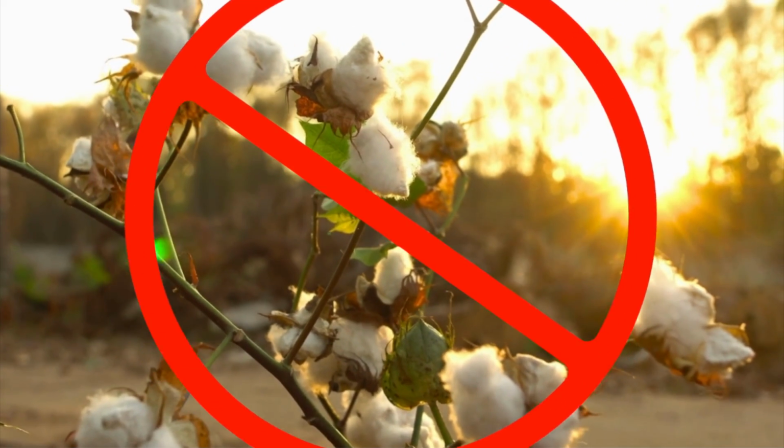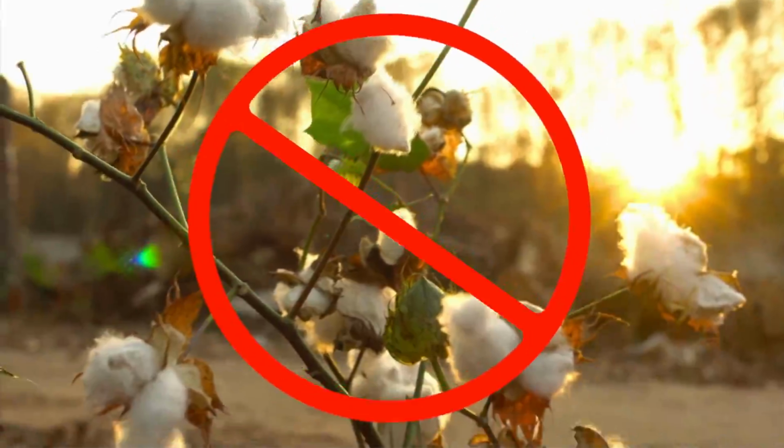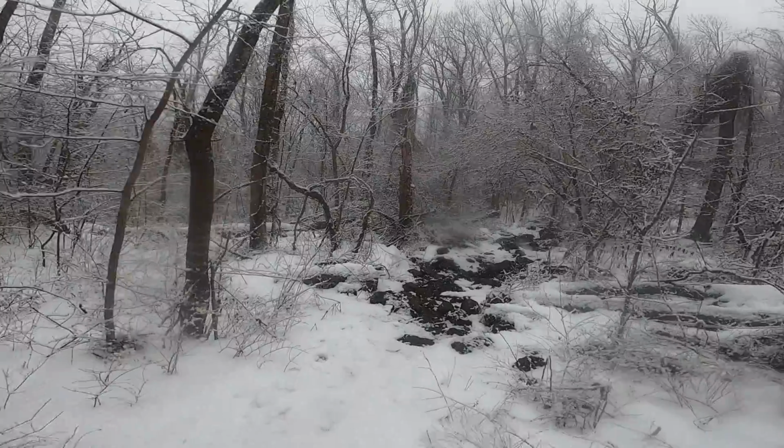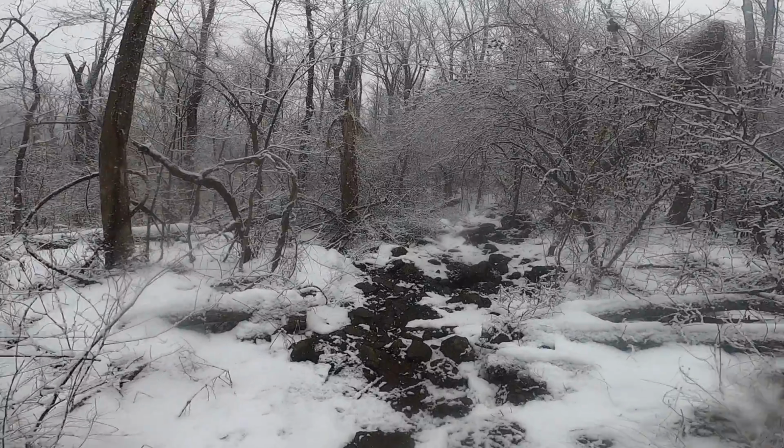In searching, I found a few that seemed worthy to actually try out because although price is important, I do have a few other criteria. Let me tell you what those are. First, no cotton. Too many budget sleeping bags use cotton fill, and it's just not a good idea for any backpacking sleeping bag, and maybe especially winter, where you'll be dealing with lower temperatures and likely more moisture. Any sleeping bag I would consider had to either be down or, more likely in this price range, some sort